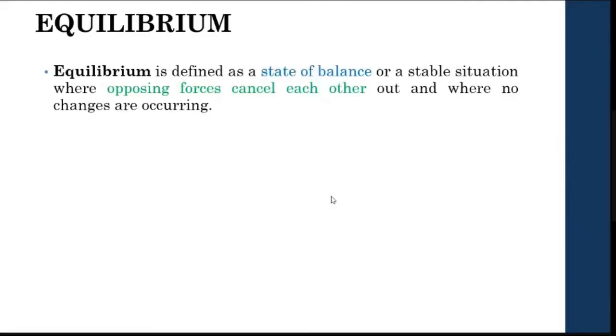So as I told you, equilibrium is defined as a state of balance or a stable situation, right? So if I add all the forces, your force should be equal to 0, right? So according to Newton's law, your object is at resting state until further force is applied. Okay, so that is one law. The equilibrium also deals with the same thing, right? So your object is always at a resting state. So there is no movement of the object.